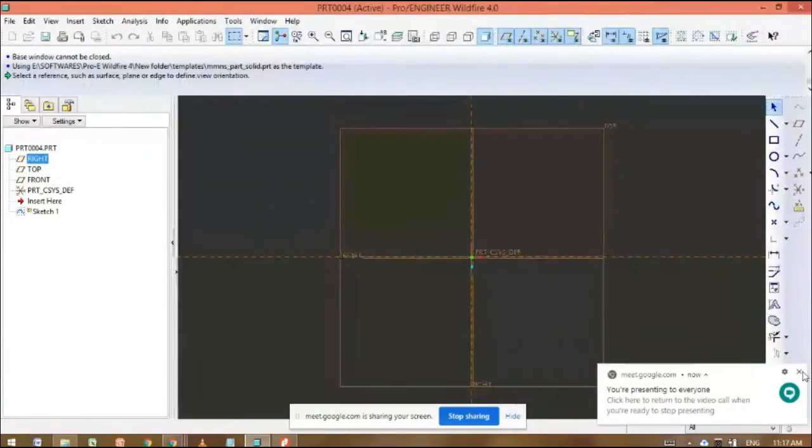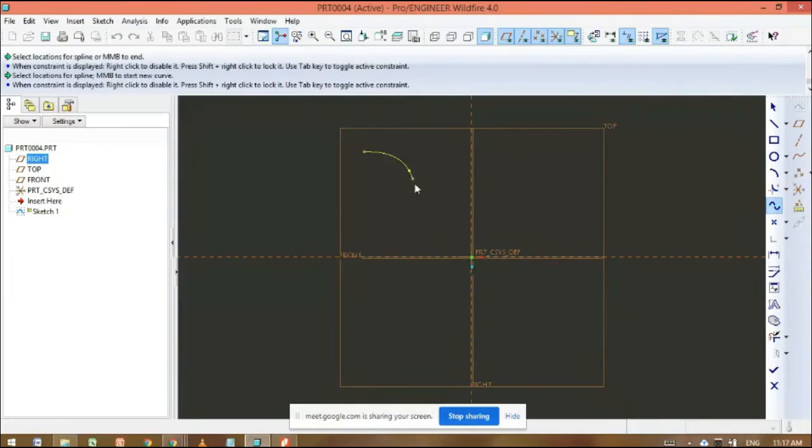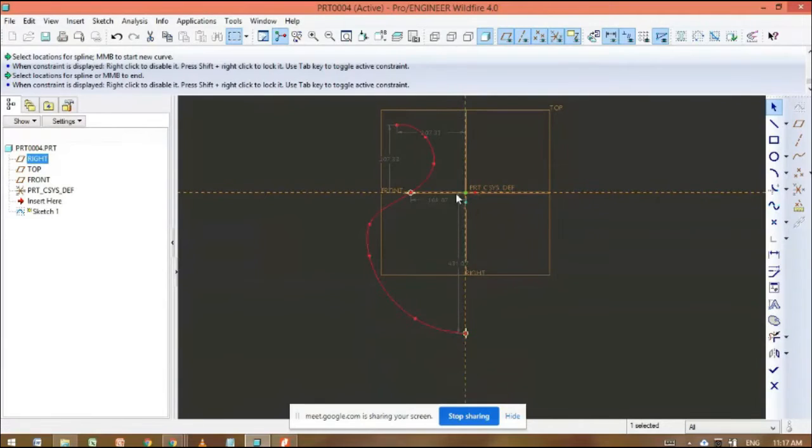Okay, suppose I want to draw some sketch by using this line command. By using this line command, we can draw any curvature like this. This type of structure I want to draw. Then I want to revolve this along this axis.